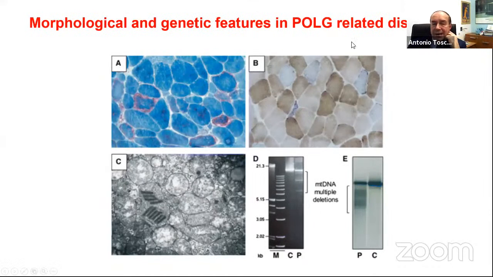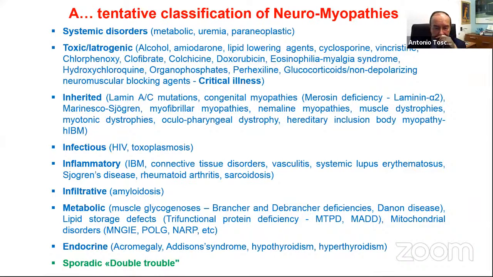And what is the biomarker, the hallmark of this disorder? So again, in the muscle biopsy, the ragged-red fibers or the COX-negative fibers, alteration of the mitochondrial cristae, and from the molecular point of view, the presence of multiple mitochondrial DNA deletions, definitely indicating the possibility that POLG is a mutation causing a multisystem disorder. So also there is another group of patients that can be affected either in skeletal muscle or peripheral neuropathy because